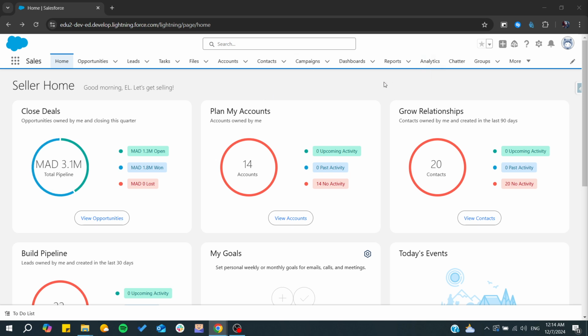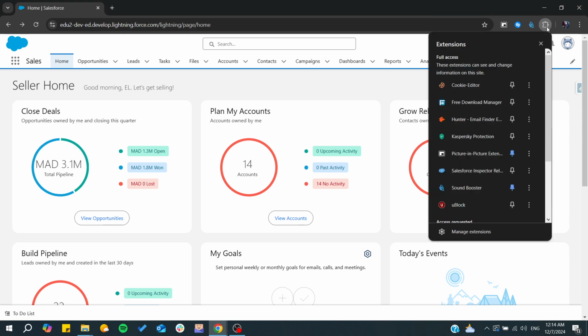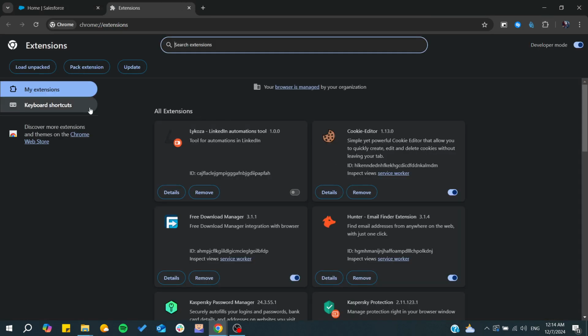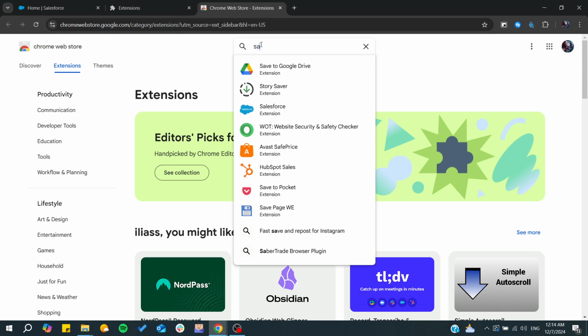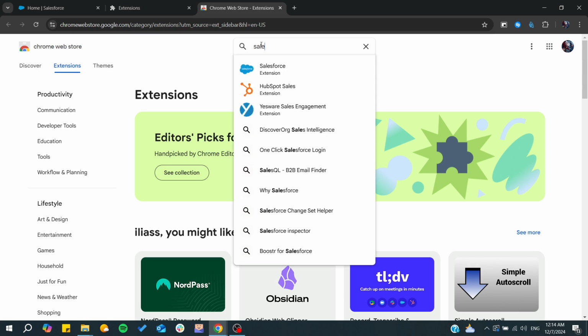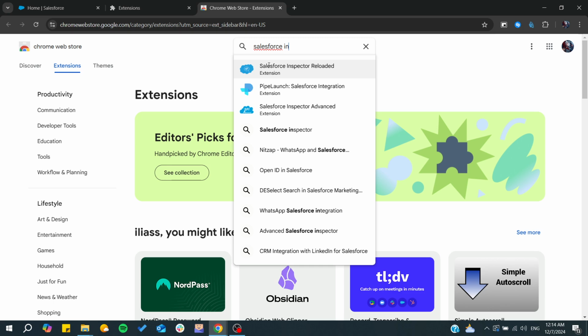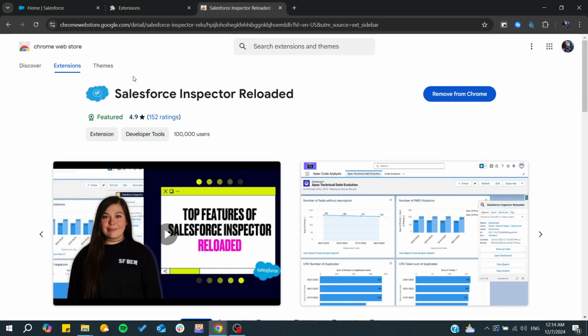First, you will need to have the Inspector extension, and basically you will need to go to extensions of your web browser and then go to manage extensions and you can get a new one. From there, you will need just to search for the Salesforce Inspector. So here, Salesforce Inspector, and then you will need to have Inspector Reloaded, which is the newest Salesforce Inspector